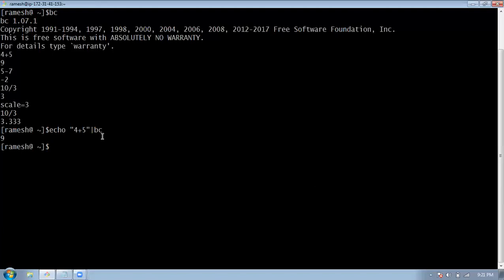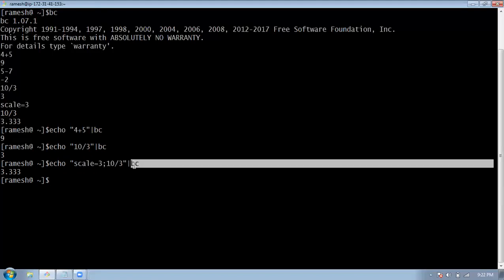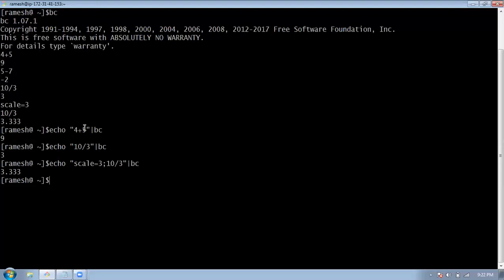Okay. So here we are also using bc. Similarly, you can use 10 by 3 division. Here we are not getting the result in decimal, so that time you have to use scale=3; and we are able to get it like before. So how did we get it? We are also using the bc command only to perform this. So you understood how to use the bc command.